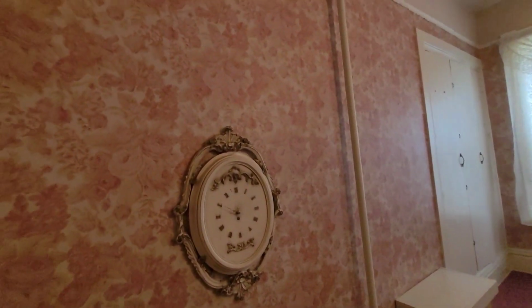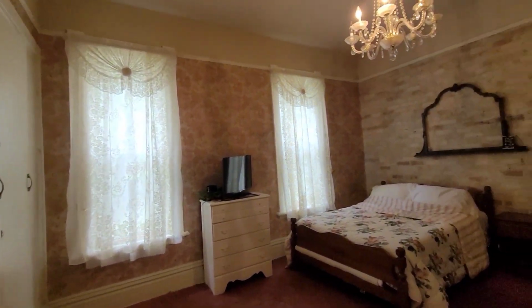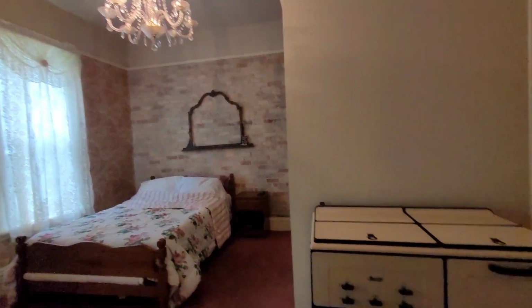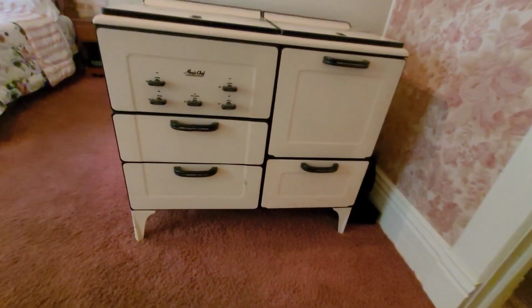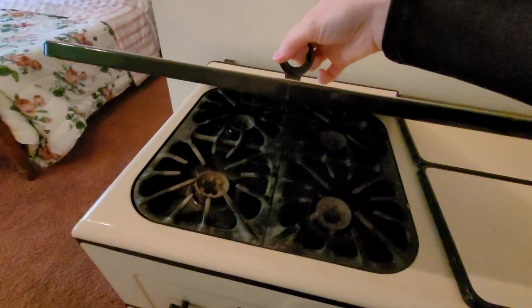And again, we kept the wallpaper that the previous owners had in here. It's very pretty. And it's vintage, so I don't like to just destroy vintage. I like to keep things. Here's a cool old stove that we might end up putting in the kitchen eventually if we can get it